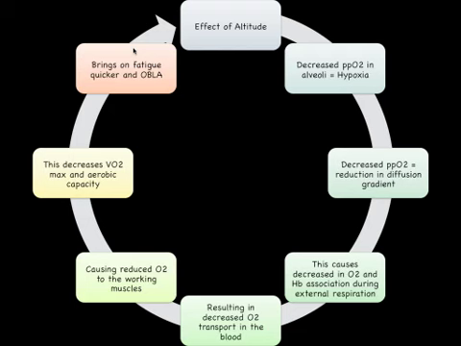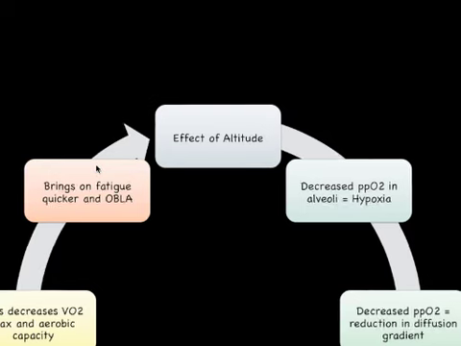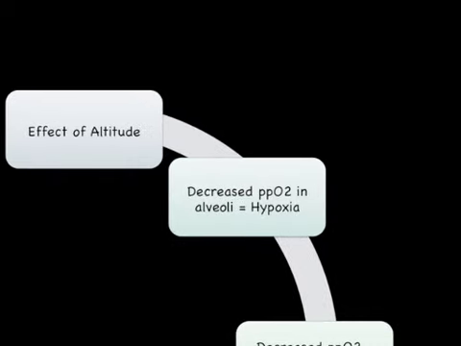So as you can see, there's a chain of events that happens when you start to work or train at altitude, or even move around at altitude. And I'm going to walk through this because this is a good way of showing you the step-by-step process of what happens, and will be good answers for exam questions if you get a question such as what are the effects of altitude on the body or the respiratory system.